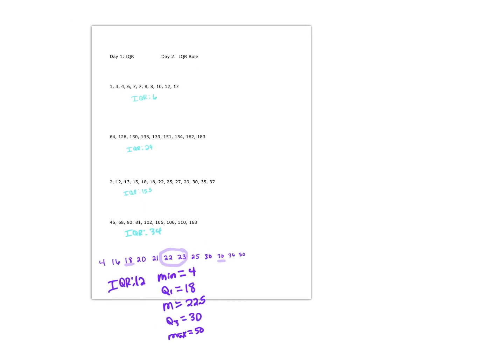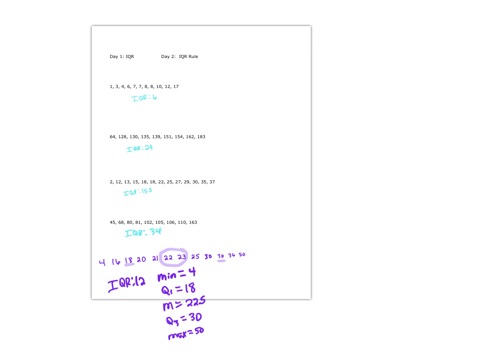Okay, so here's the deal. One of the main reasons, besides just giving us an idea of the span, is that IQR tells us the span for the middle 50% of our data. From quartile 1 to quartile 3 is the middle 50% of our data. So besides giving us that information, we can use the IQR in order to help us determine